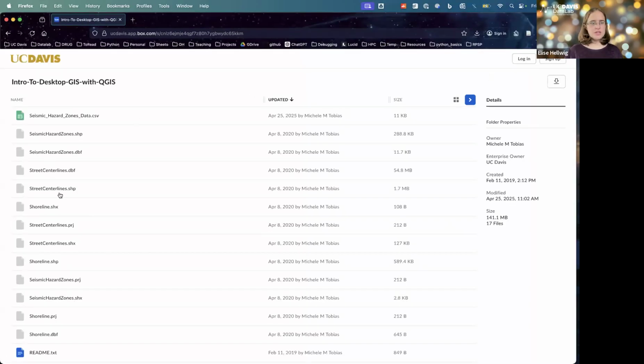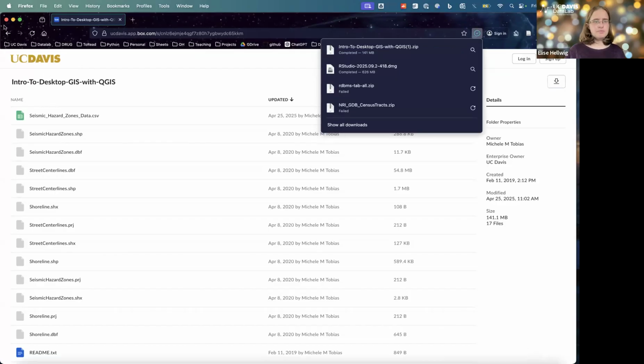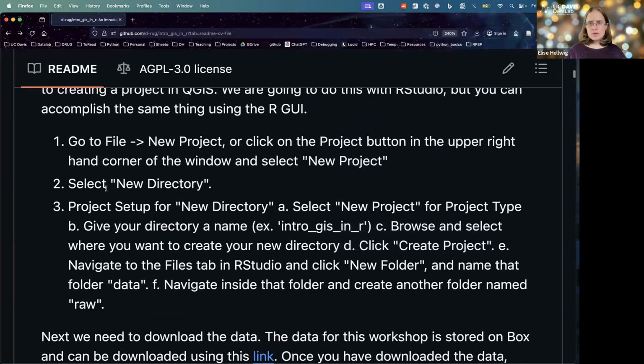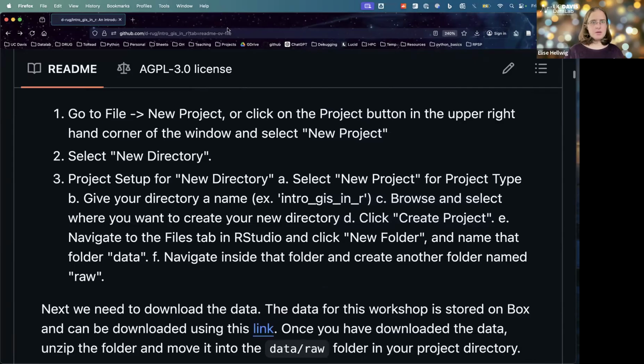It'll take you to here, and you can hit download, and it should start downloading. Okay, awesome. So while y'all are doing this, I am going to pull up